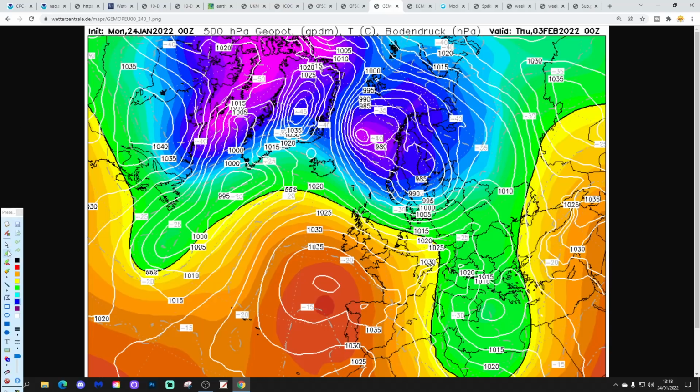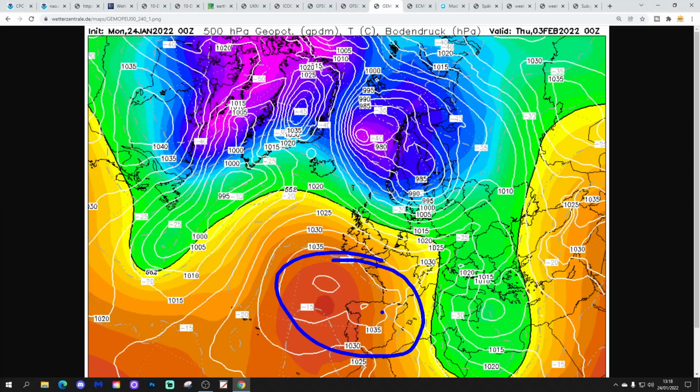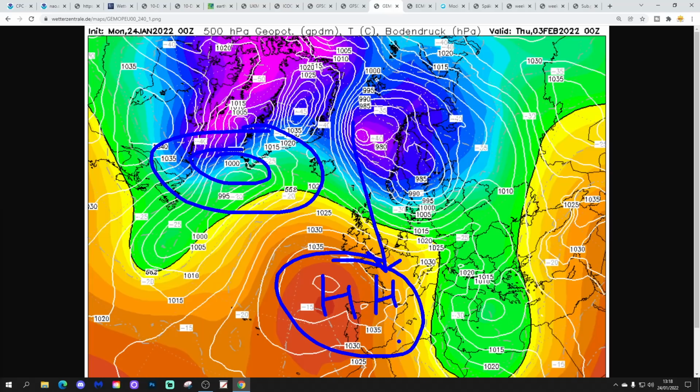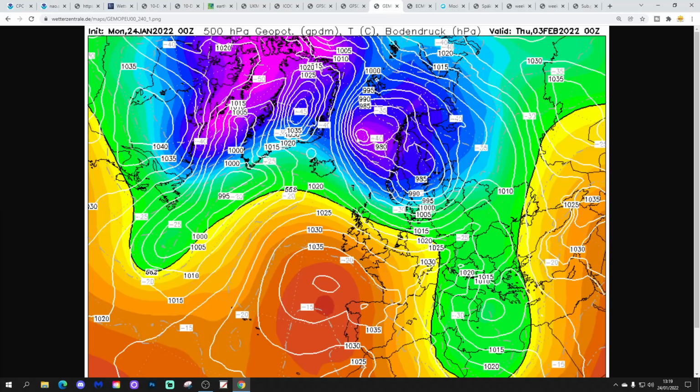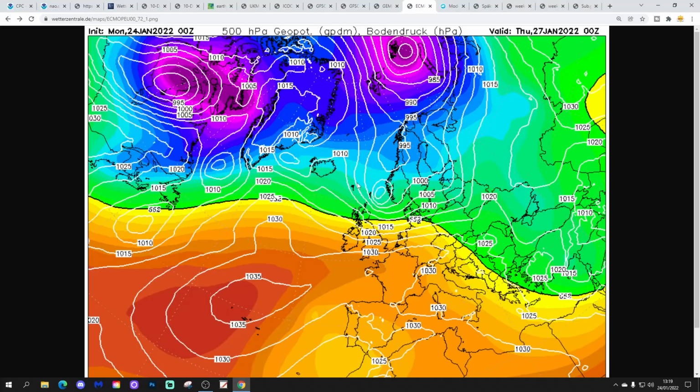If we want a proper cold spell, proper pattern change, we've got to get this high pressure from Spain and Portugal and the Bay of Biscay. We've got to get that from there, and we've got to centre it around there. If we do that, if we pull that high pressure to bear, then we can start thinking about proper, extended cold weather. But until that happens, as long as we keep high pressure around Biscay and Spain and France, we will always see the wind go back into the west and southwest very, very quickly. That is the positive NAO, everyone. That's the positive NAO.